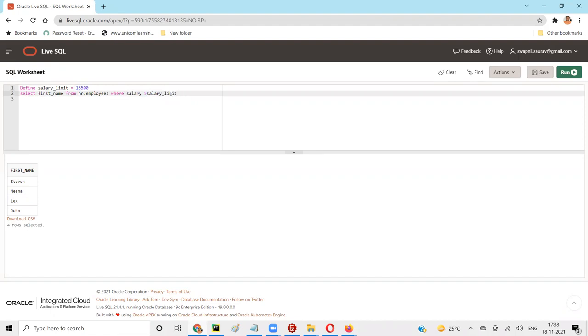Will it work? It will not work, because when you give it like this, it might assume it to be a column value. How will it know that it's a variable? We need to use the ampersand sign. Let's run this and see first. Invalid identifier. So here I'm going to say ampersand salary limit. Now when you run it,